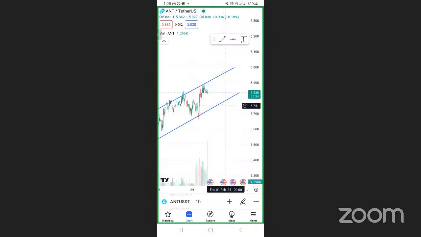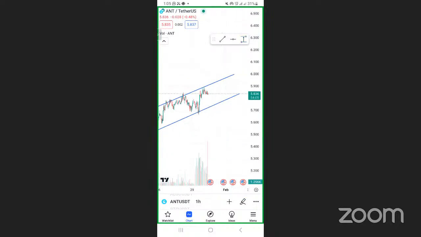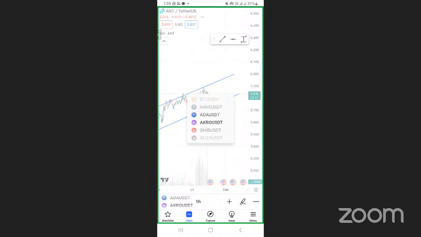For a person who's trading using this technique, they will just wait for the coin to come back and meet this trend line, so that it can show clearly that it has been rejected as it's going up, the trend line. I get this, the first way of trading. Then let us open another chart.